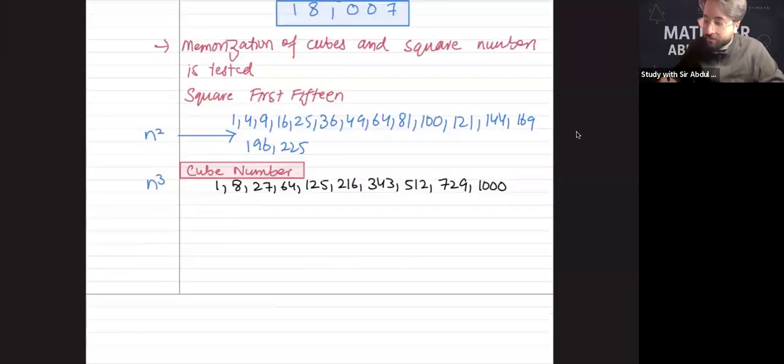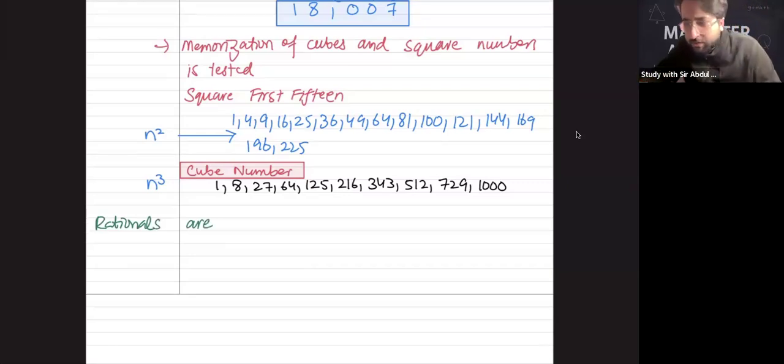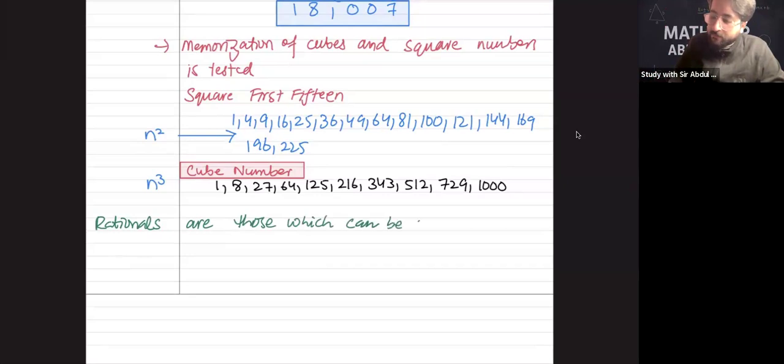Okay. So just remember one thing. As we know the concept of rationals and irrationals, rationals are technically what? Teacher, will there be a question in the exam where they ask us to list down the square numbers and cube numbers? Yes, they can. They can ask you to pick a square number from the list. If you have not memorized that, you cannot pick it. So remember that, okay? Rationals are those which can be written